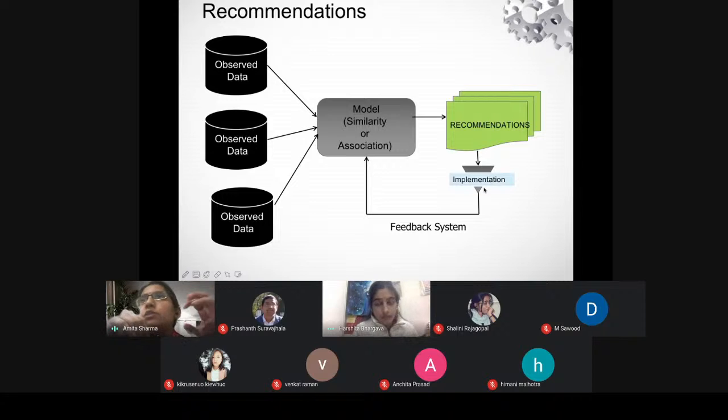And we merge or combine those data based on the similarity or association relationship. In similarity, we find the similar pattern, or in association, we find the relationship between their features or their behavior present in a particular case of data.